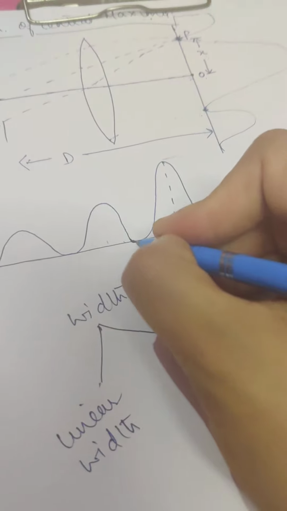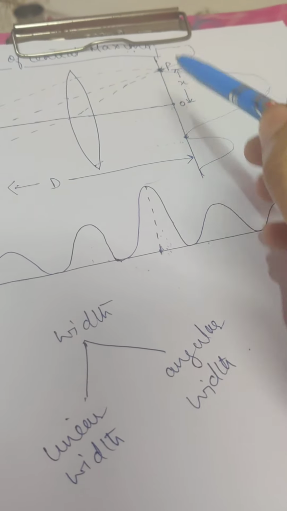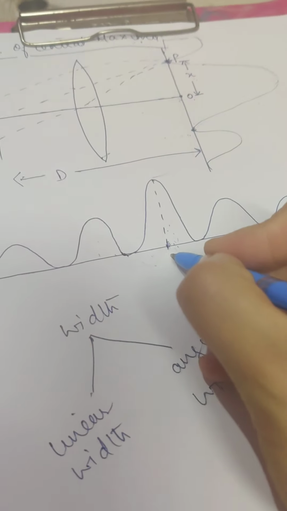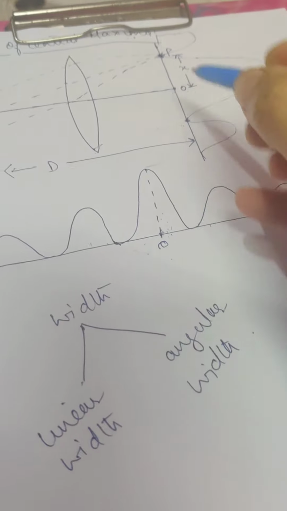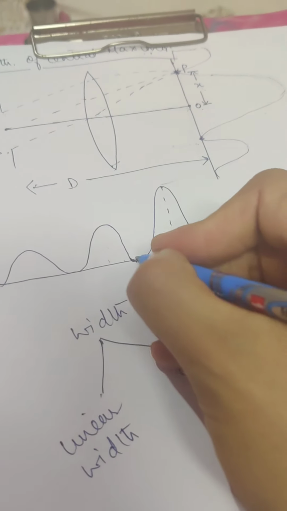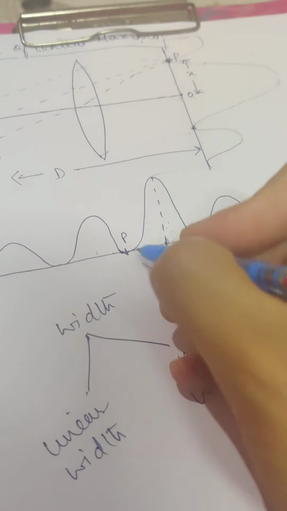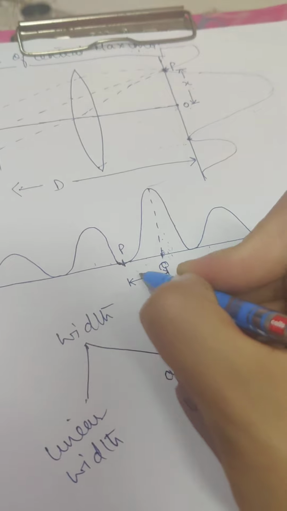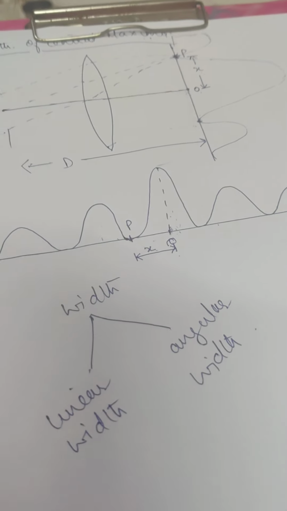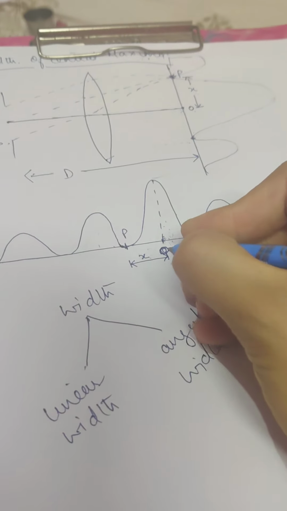This is my point P. I am marking this point P in this intensity curve diagram. This is my central point O of the screen, and this minima point P I am showing here. This is the point P, the distance of point P from point O where we get the minima or maxima. Beta, we already calculated the conditions of minima and maxima, and I think it's clear to all of you now.